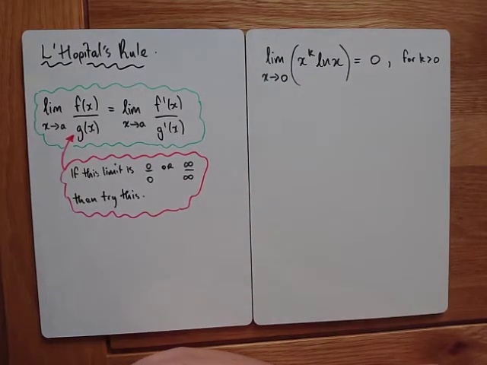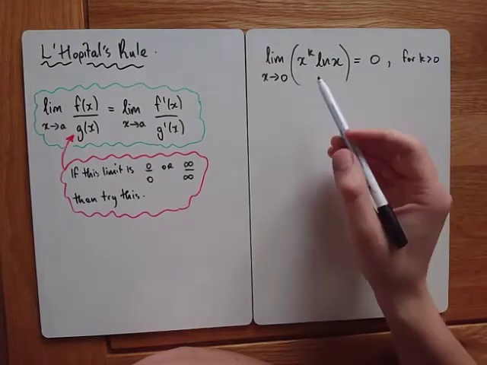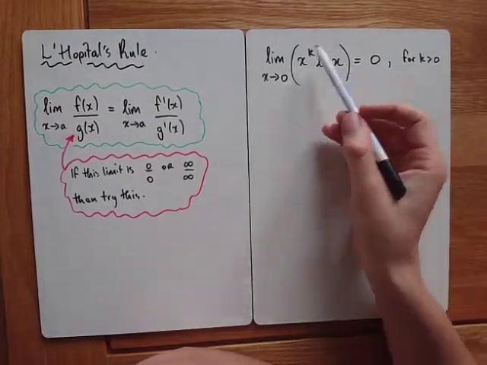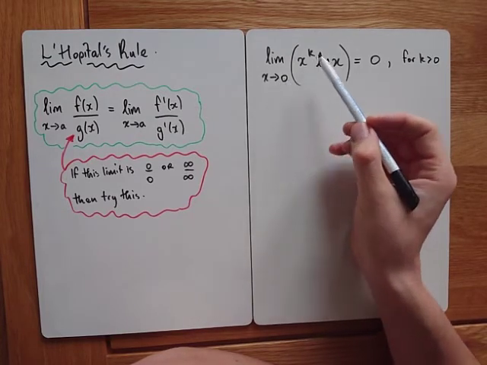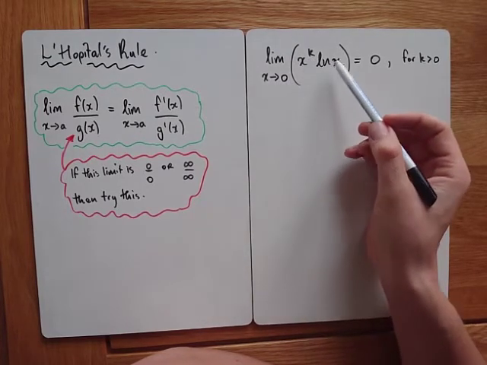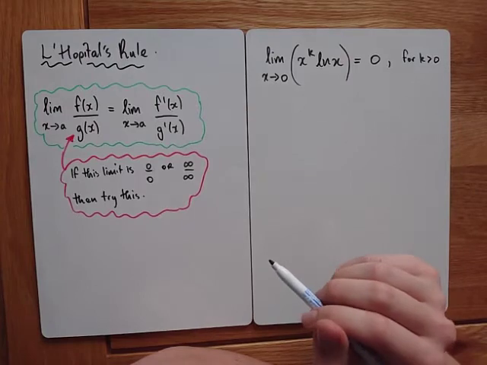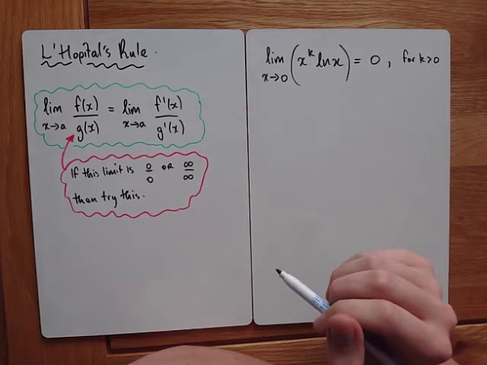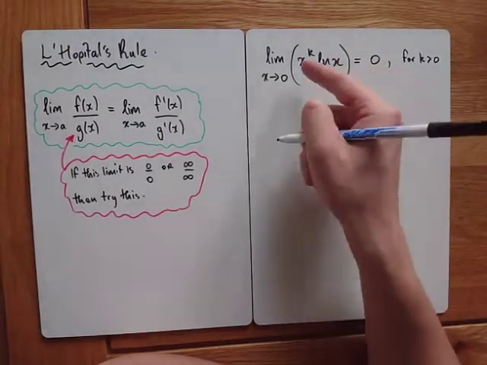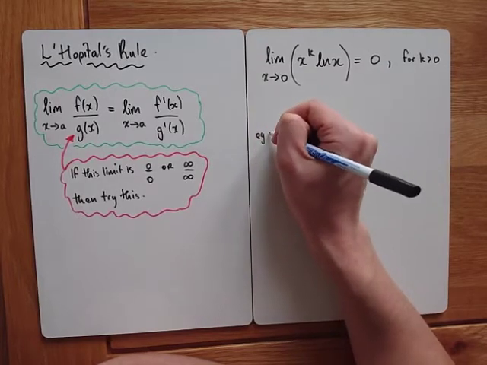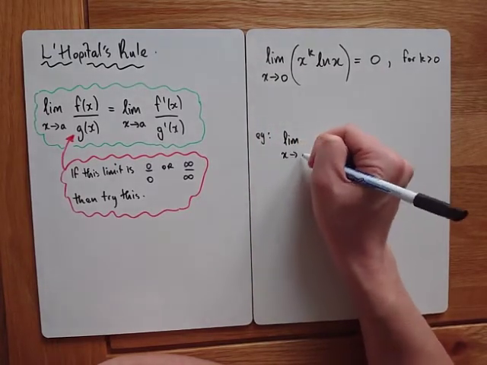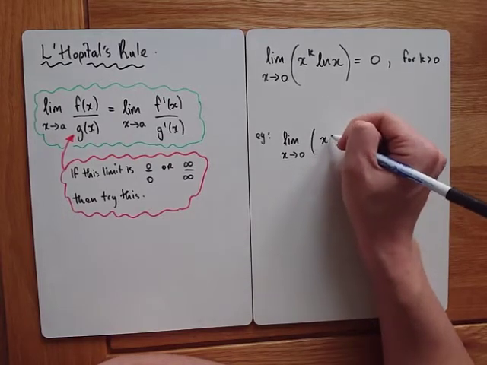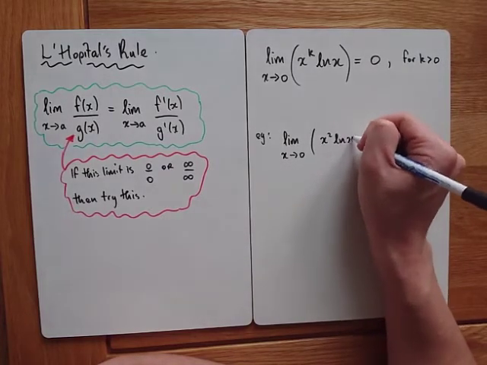So there's 2 special limits. The first special limit that we can see in this video is the limit as x tends to 0 of x to the k ln x. I think let's do an example first before we do the general one. If I was thinking about the limit as x tends to 0 of x squared ln x,